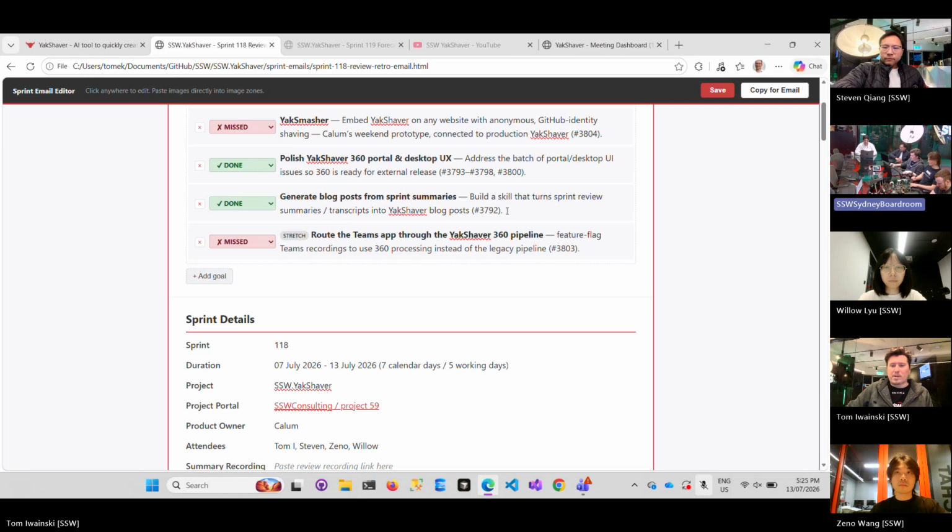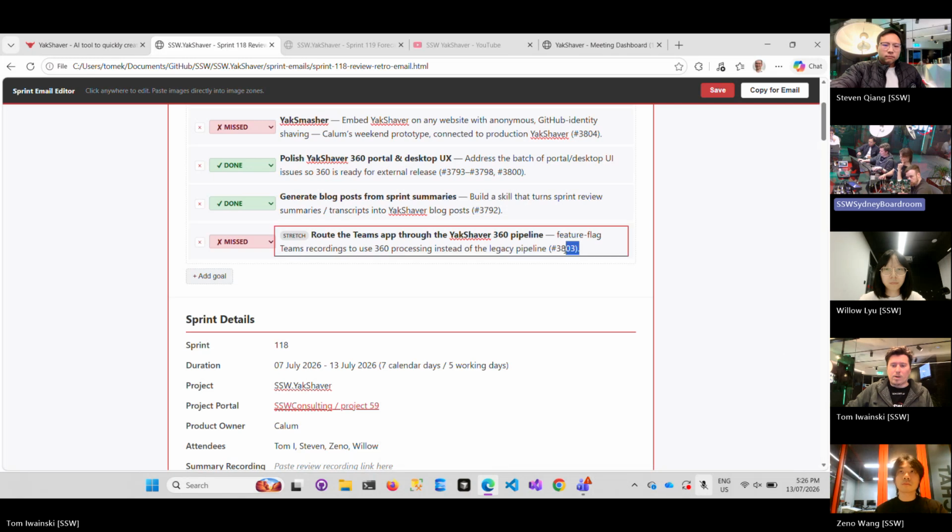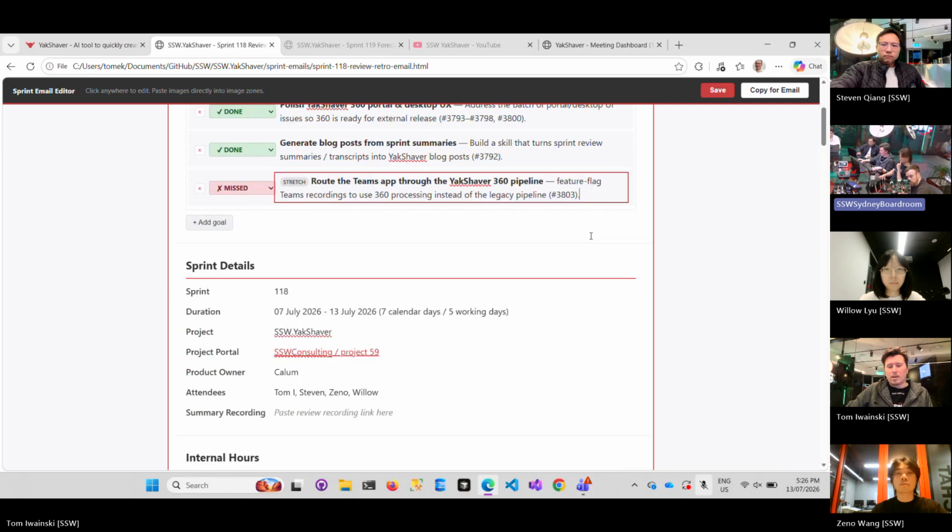Yeah, so that's pretty exciting because after the sprint review, we're going to test it out and see what post it will generate. Then we had a stretch goal, which was the YakShaver 360 pipeline to integrate it with the Teams one. That's a pretty large task that I worked on last week. I had only 3 days. I split it up into a few smaller PBIs, and one of them has already been migrated,